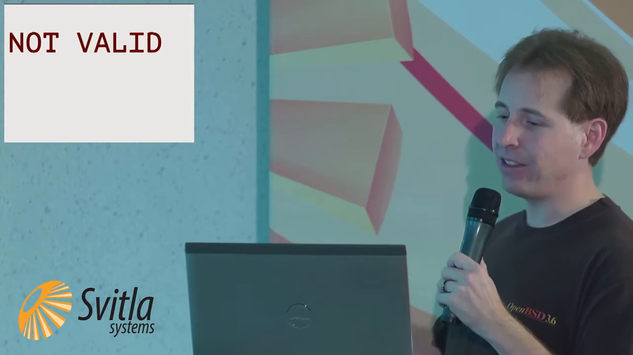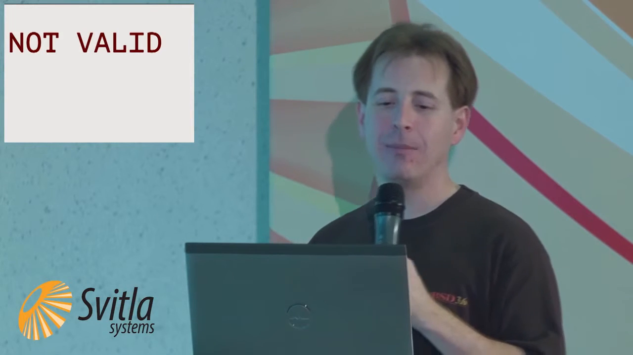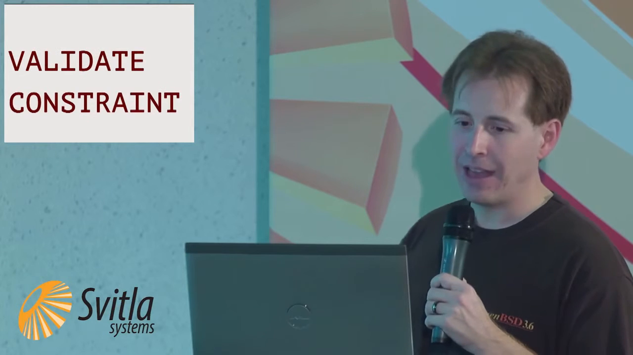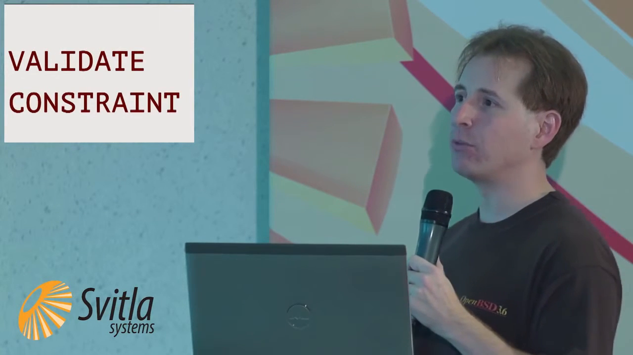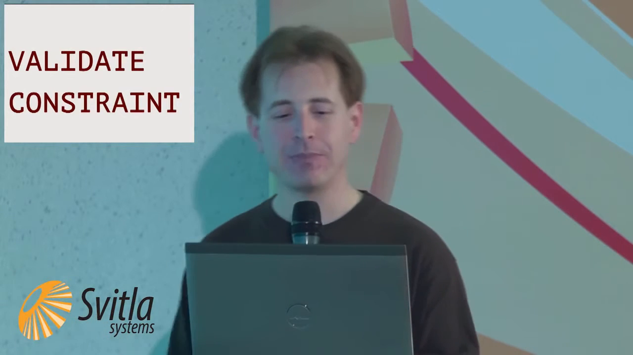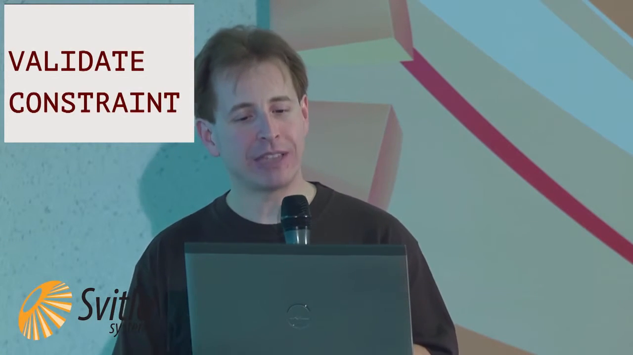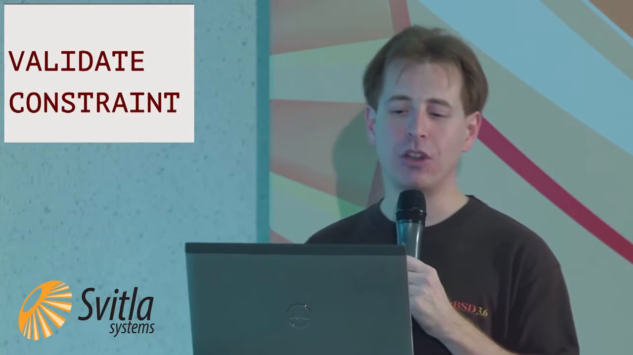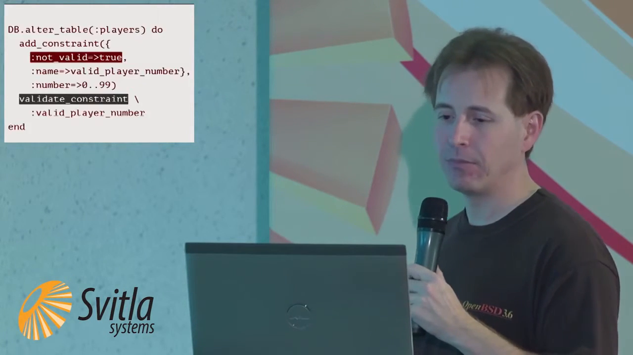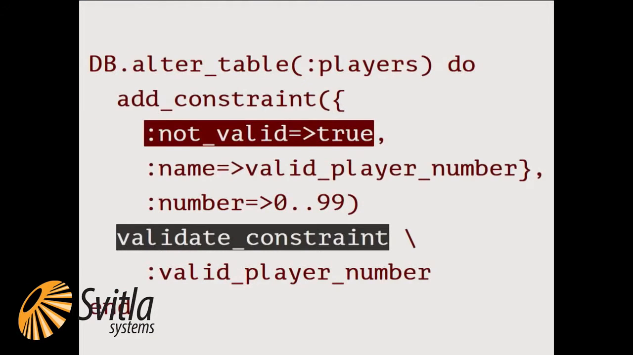So after adding the constraint with not valid, you can clean up the existing invalid data by updating invalid rows so that they no longer violate the constraint. After you have removed the invalid rows from your table, you can then validate the constraint later using validate constraint. And this still requires a table scan to ensure that existing rows do not violate the constraint, but it requires a lesser lock on the table. Now, Sequel supports both of these syntaxes with a not valid option when defining constraints and a validate constraint method